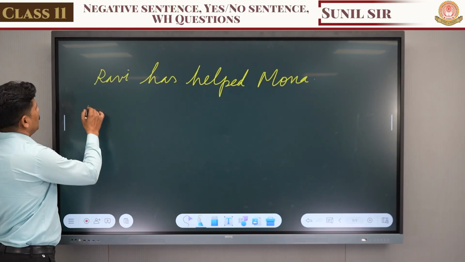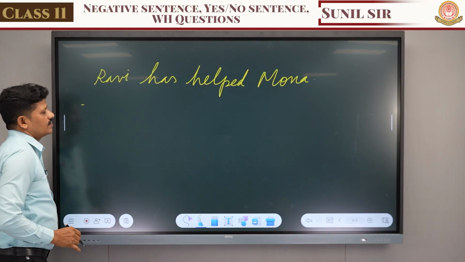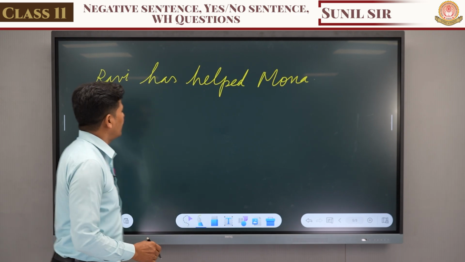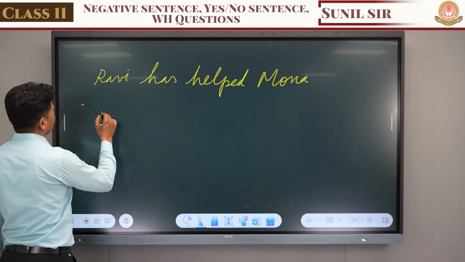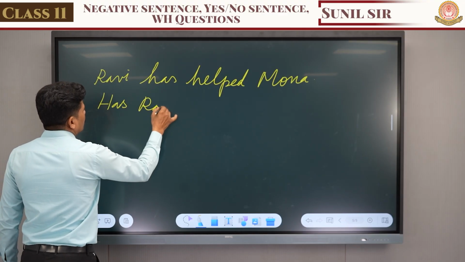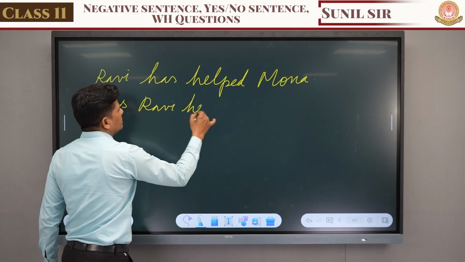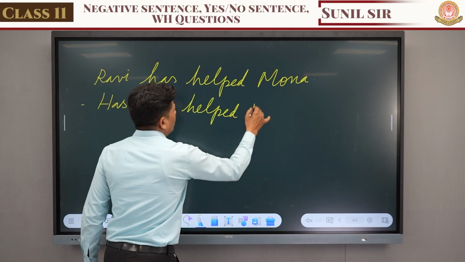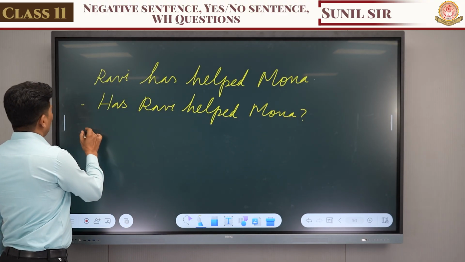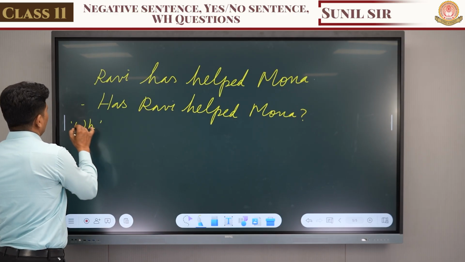So first we have to make a yes or no question. In this sentence there is a helping verb, just pick it and place it before the sentence, that is has Ravi helped Mona? Okay, now we can make a WH question very easily, that is